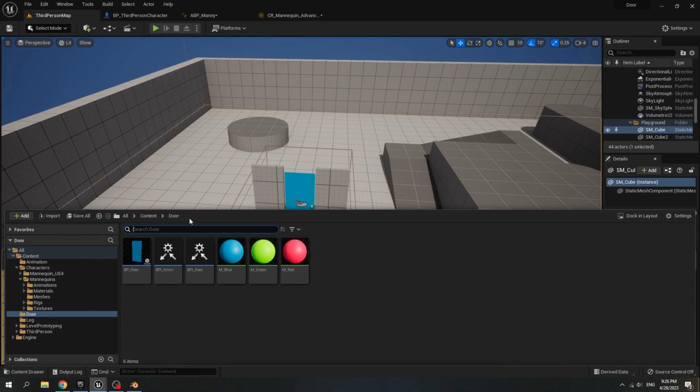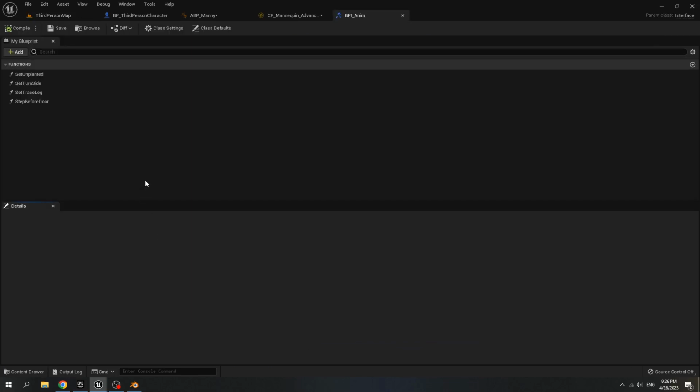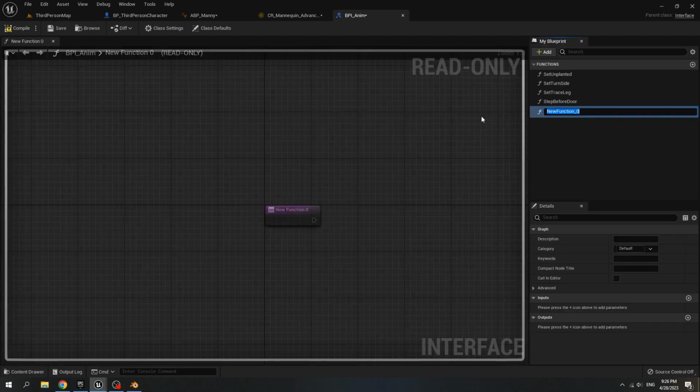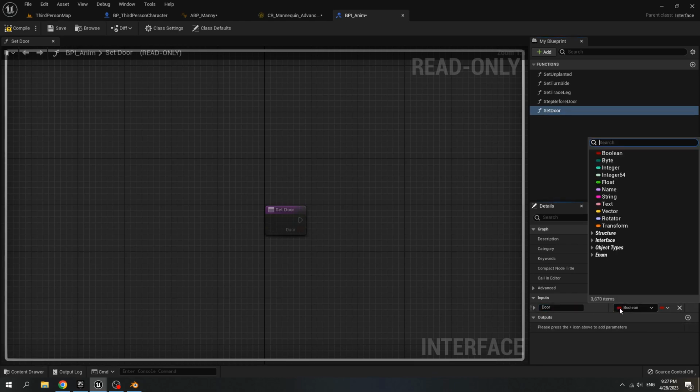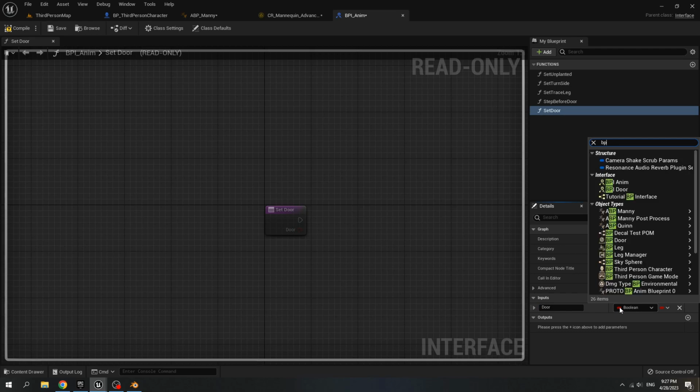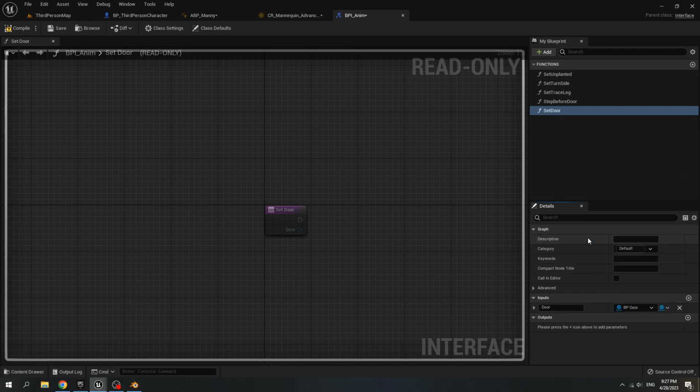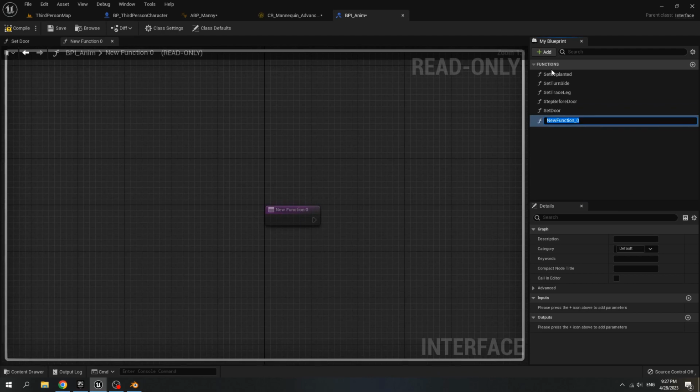Go to door folder, open BPI anim, add function, name it set door, and add input, name is door, and variable type is BP door, and object reference. Add function, name is set door front back.